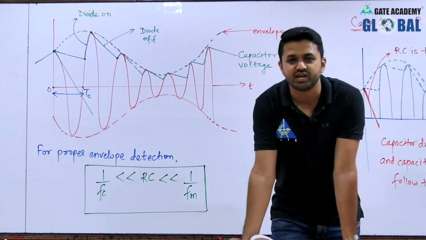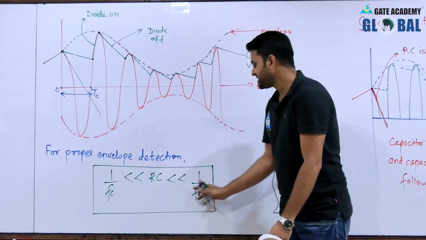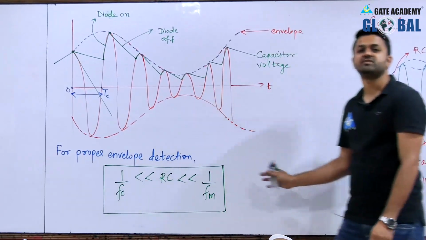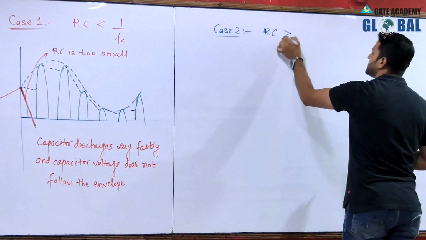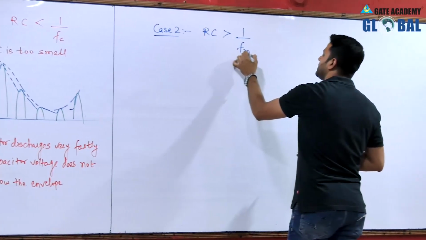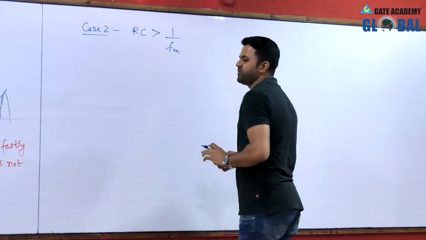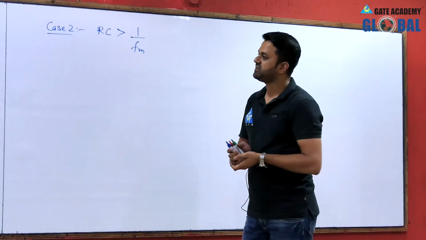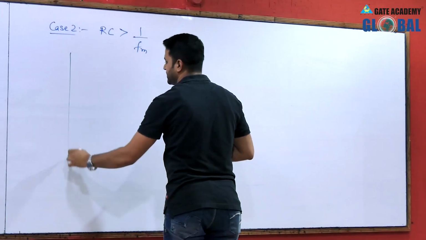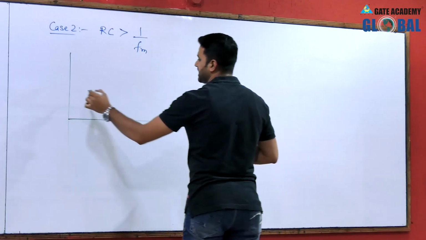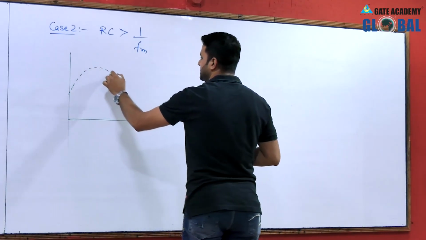Now, what will happen if we increase the value of RC beyond 1 upon Fm? So, if RC is greater than 1 upon Fm. 1 upon Fm means you can say the time period of this input signal. So, we can draw the figure for this also separately. If this is the envelope,